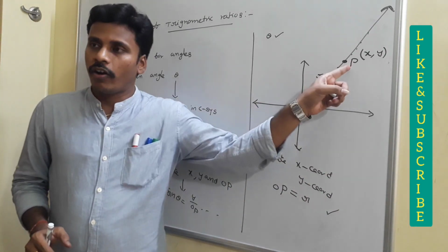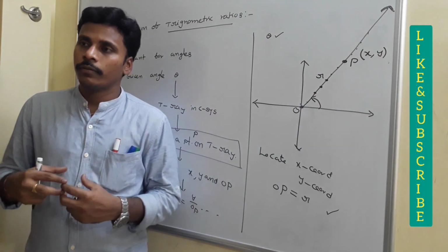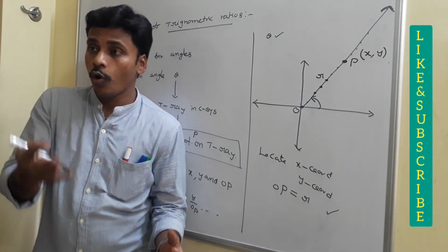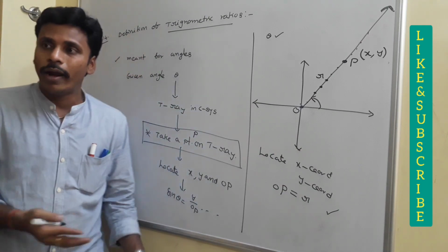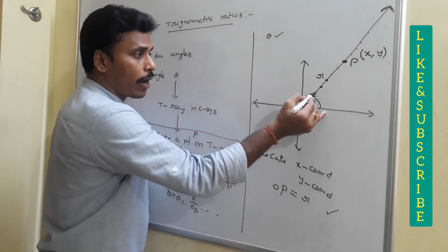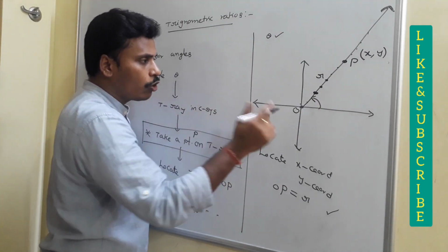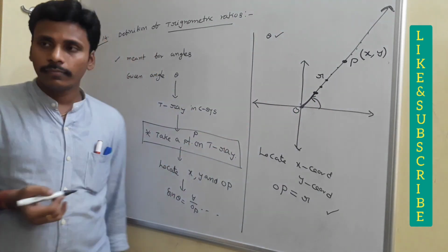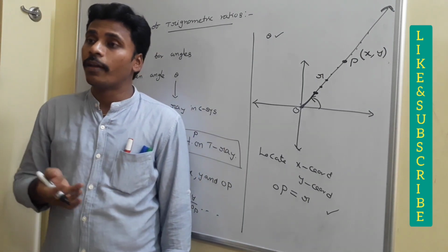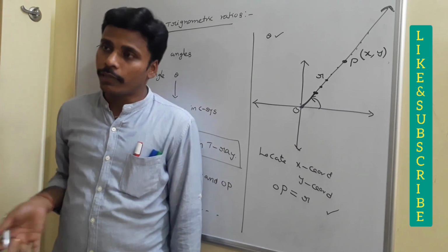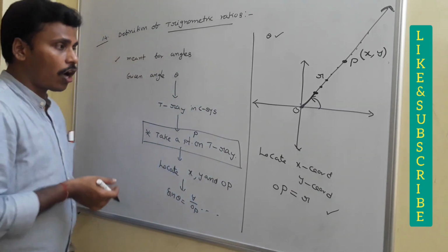Now look at the values x, y and R. This is my point, right? And I have x, y and R. You have a point P1, then you have your own x, your own y, your own R, because your point is somewhat different, right? Suppose your point is this one, then for this point your values are x1, y1 and R1. And suppose another person's values are x2, y2, R2. And for the third person, his values are x3, y3, R3.